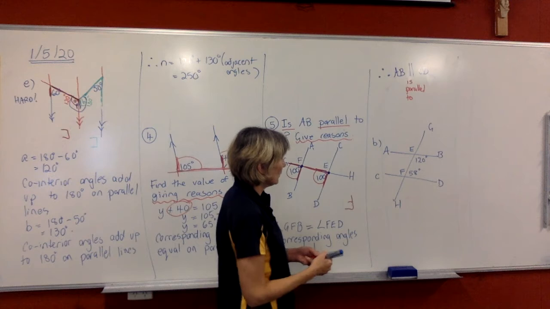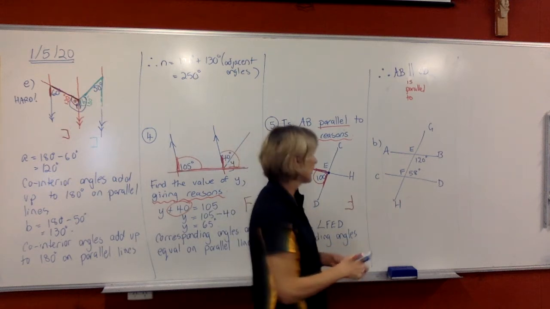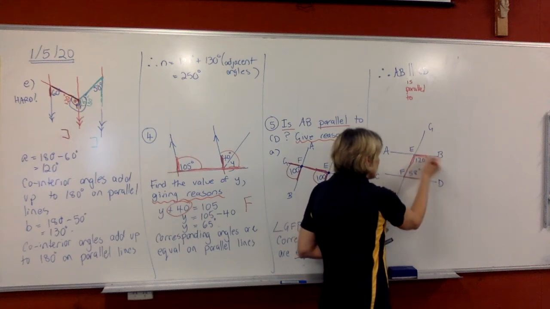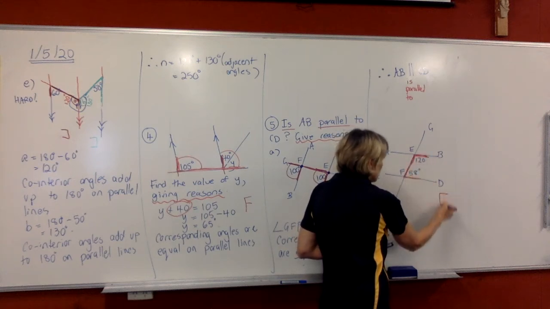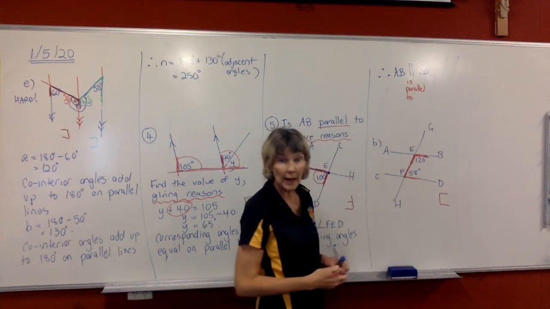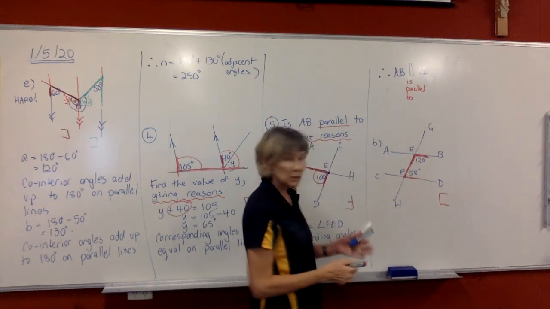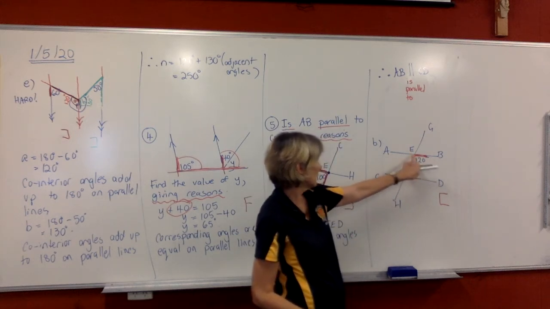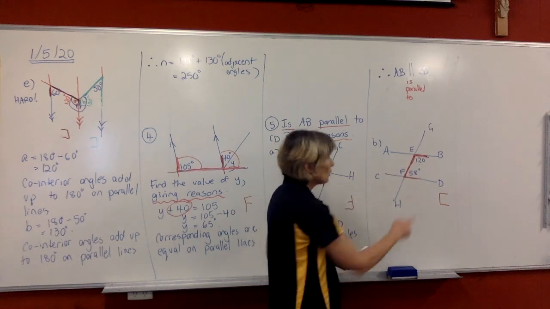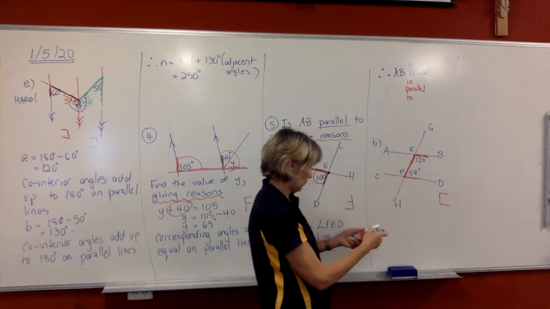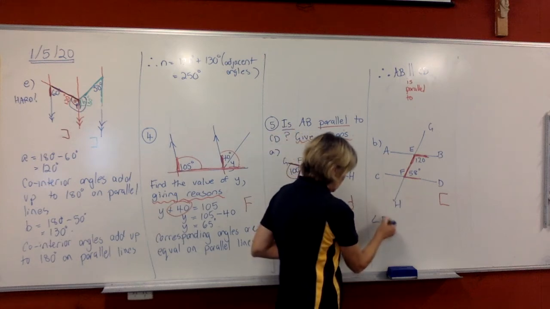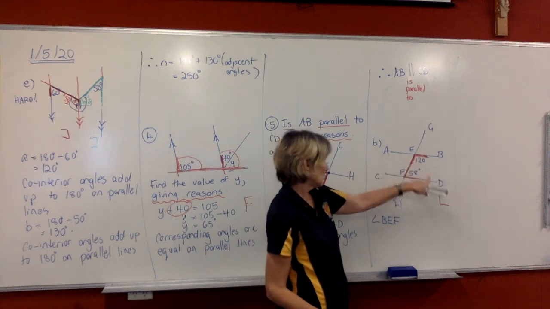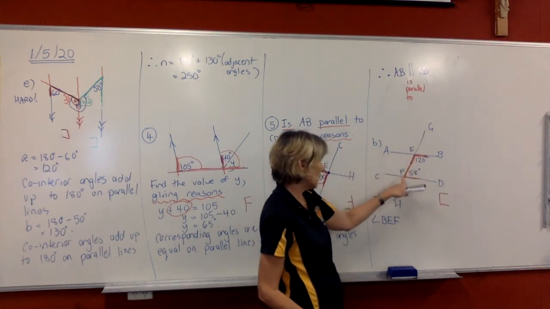Okay, we're doing the same thing over here on this question. So let's go round the two angles that have got numbers. There's one, and there's the other one, join them in the middle. Okay, we can see a C shape here, which are co-interior angles, and we'll get to that in a minute. So firstly, we're going to name these angles. So this one, we're going to go round it with our letters, so it's B, E, F, or you could have called it B, E, H if you wanted to. And this one down here, the 58, right, it doesn't matter where you start, you can say G, F, D,